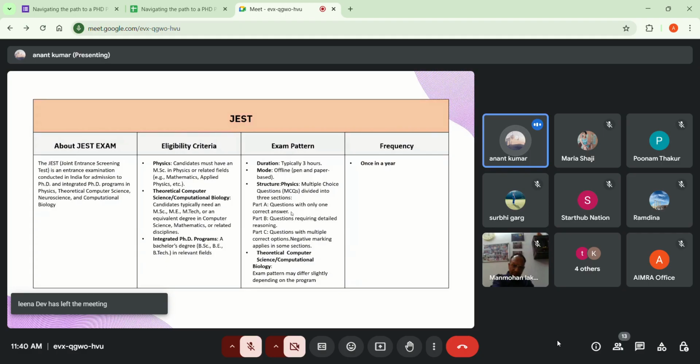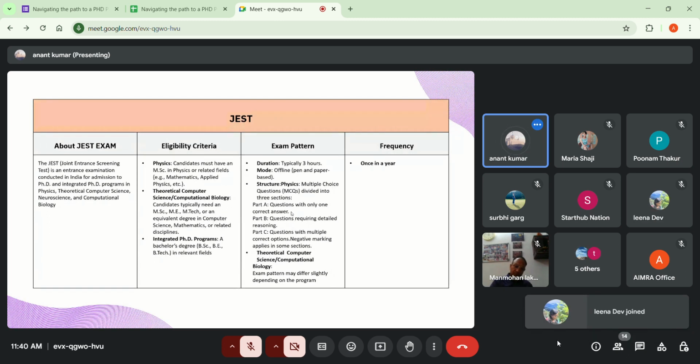The next test we will be discussing is called JEST, which is the Joint Entrance Screening Test. It is specifically for students who are looking for a PhD program in physics, neurosciences, theoretical computer science, and biology. The eligibility criteria is that the student has to have an MSc in physics or related fields, for example mathematics or applied physics.